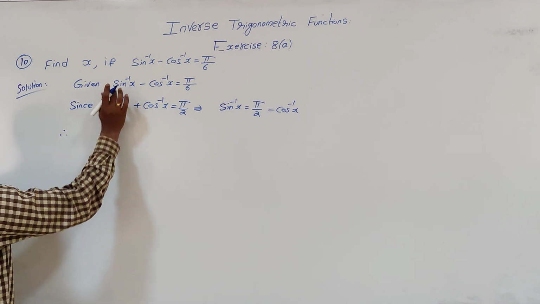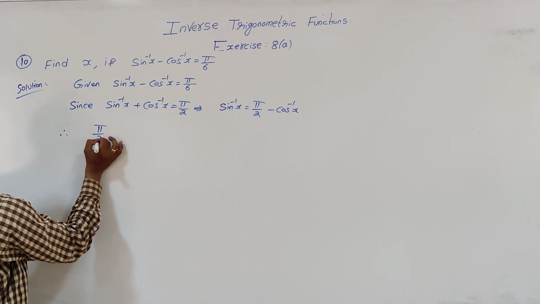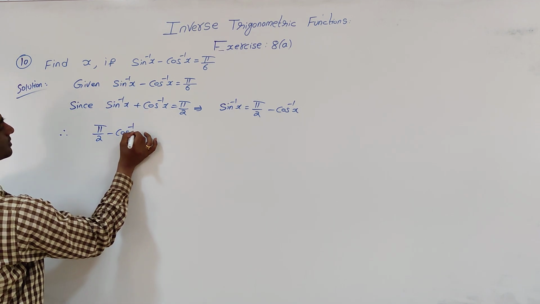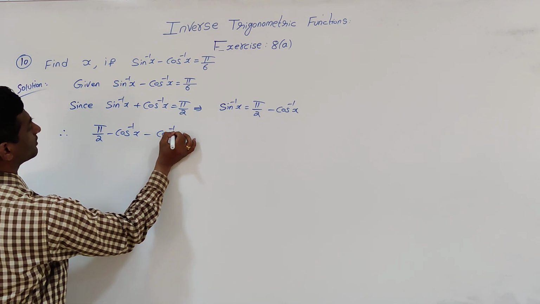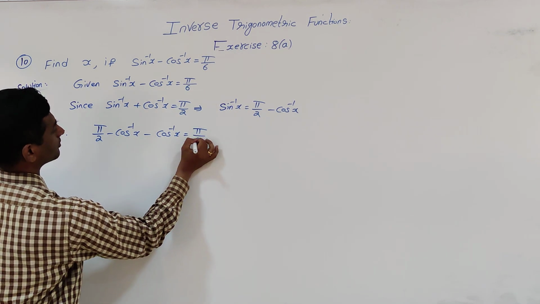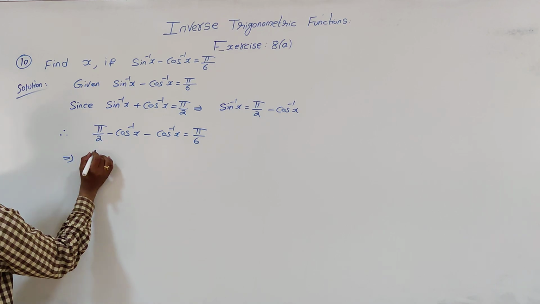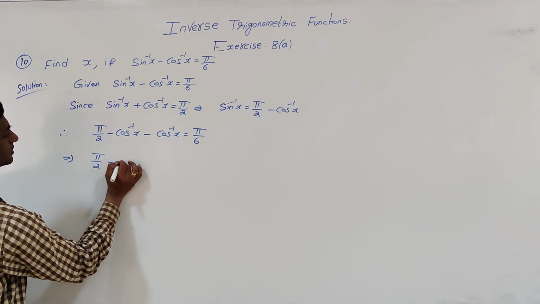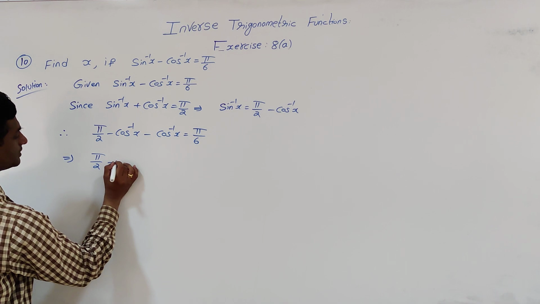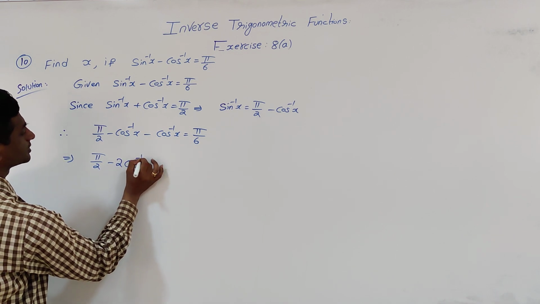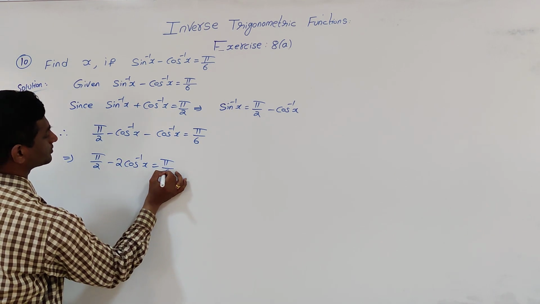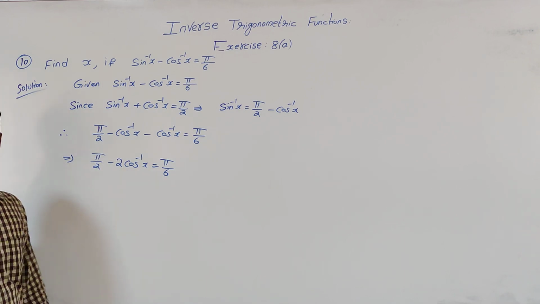So therefore pi by 2 minus cos inverse of x, minus cos inverse of x, is equal to pi by 6. So pi by 2 minus 2 cos inverse of x is equal to pi by 6. So therefore